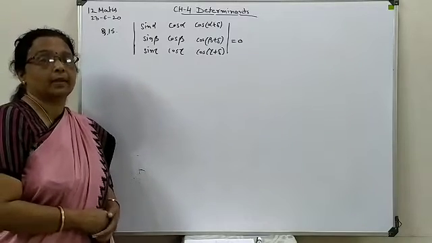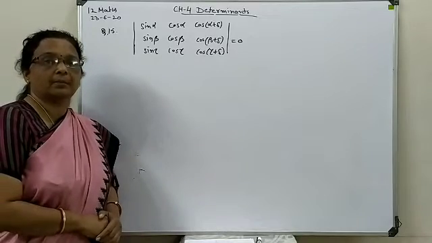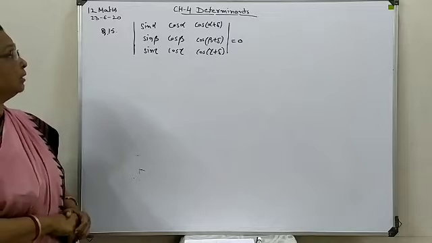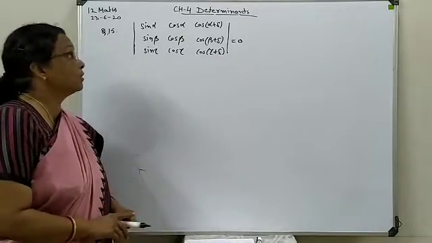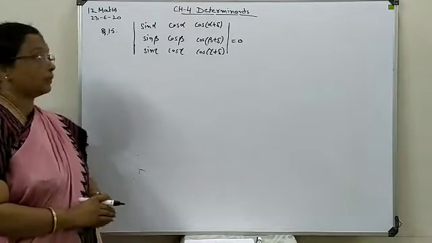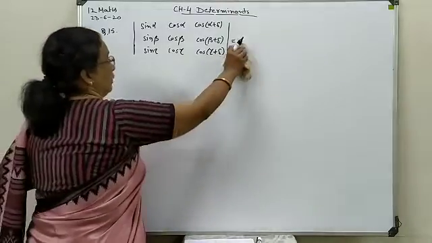Hello everyone. In continuation of the miscellaneous exercise, let's today complete the remaining questions. In order of that, we have question number 15, in which some trigonometrical terms are available. You have to turn this given determinant into the form of 0. So let's pick up the left hand side and try to solve it.